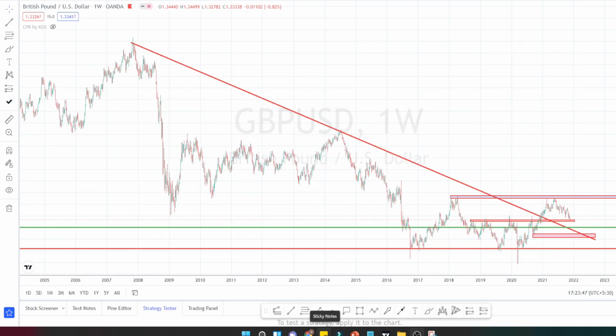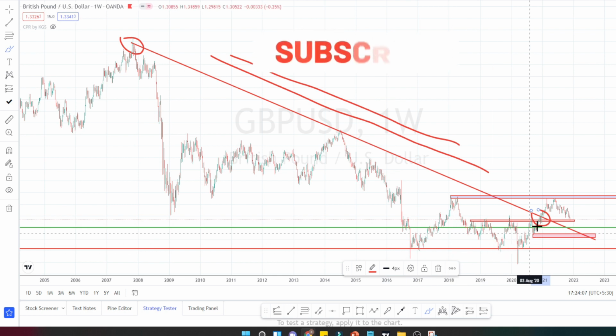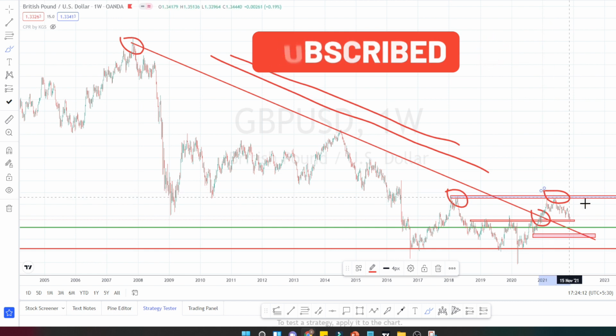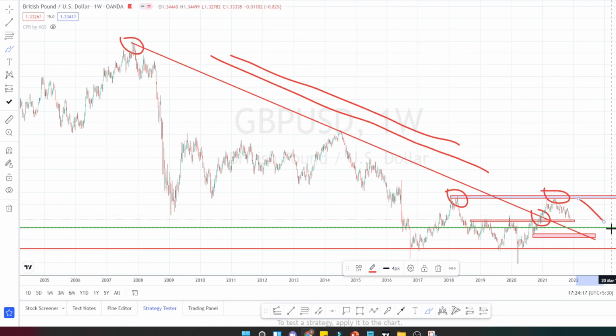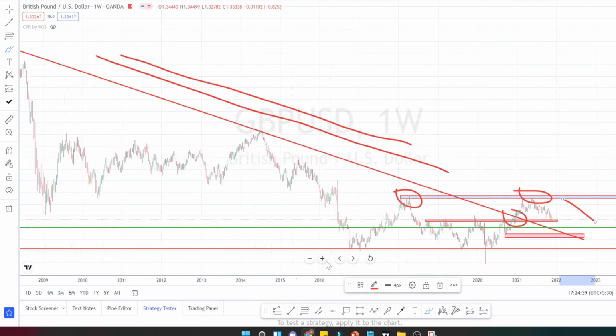Let us start with the analysis. I am in weekly time frame of British Pound US Dollar currency pairs. As mentioned earlier, it was fully on a downtrend, and at this point here, it broke the resistance over here, and presently it has tested this resistance level over here. Currently the currency pair is in a downtrend, or we can say it is in a retracement because it has not broken this resistance level over here, previous resistance, and it is testing the bottommost support level when we look at the current price action from the weekly time frame.